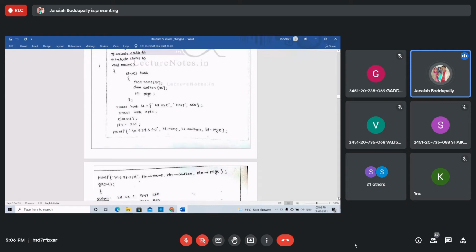I'll execute this program. Array of structures. The example program to understand array of structures is, right, you'll see this.